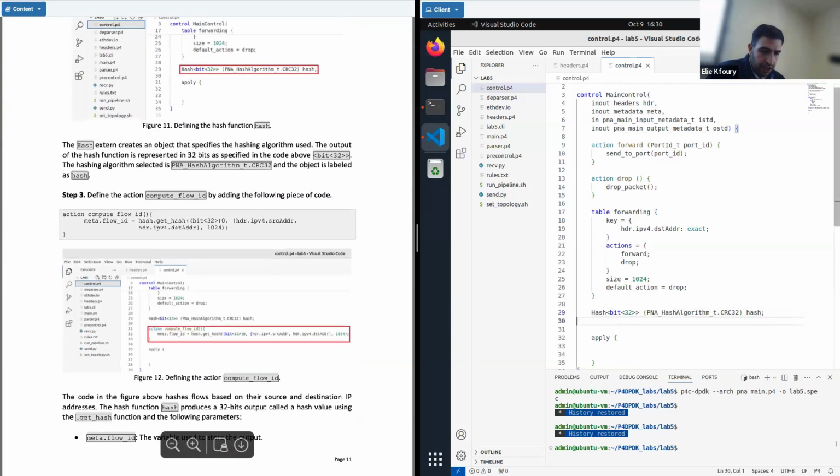Now, after that, I'm going to create an action called compute flow ID. That's going to basically give me the index to the register. Notice that it's an action. It's really like a C function. You give it a name, let's say compute flow ID. I don't need any parameters for that action. But inside the action, the actual implementation would be